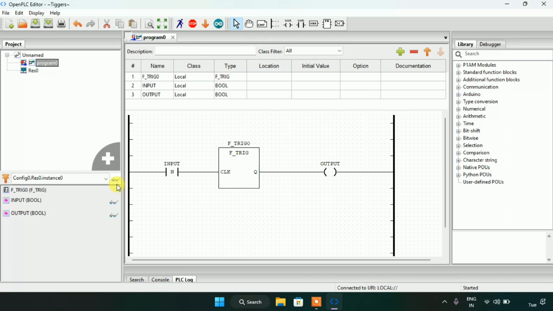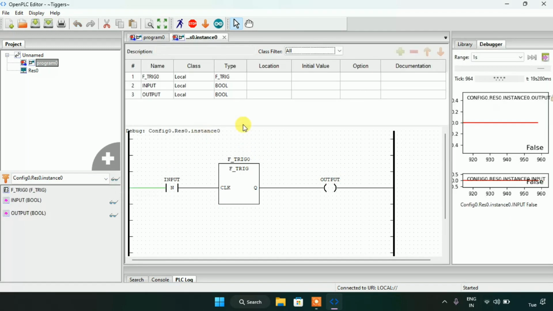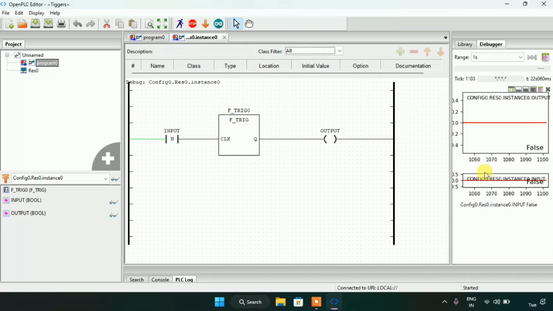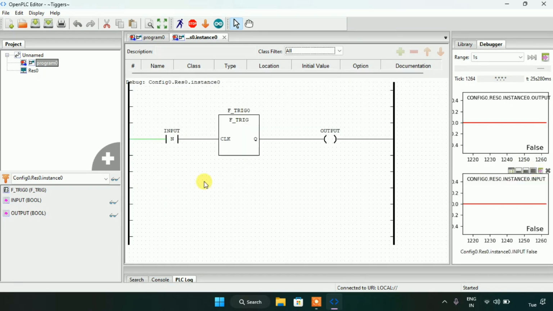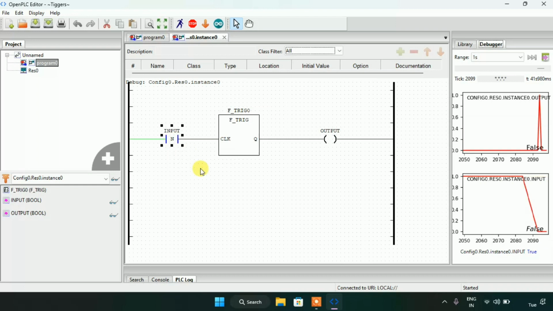which means that, let me first of all click on the glasses here, and then when I force true to the input here, nothing happens to the output. Just keep your eyes on the right side here and see what happens when I force the input to false. A single pulse is generated onto the output. Again, when I force true, nothing will happen to the output, and then when I force false, a single pulse is generated, which means